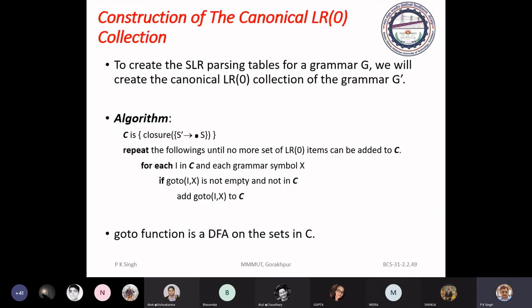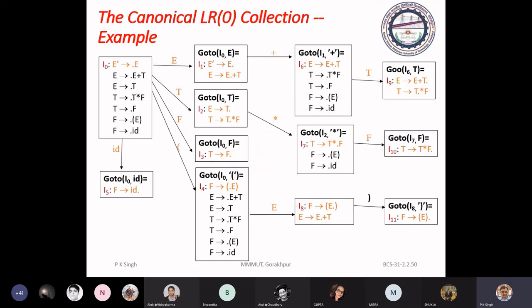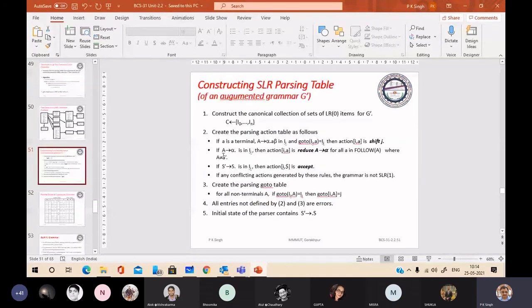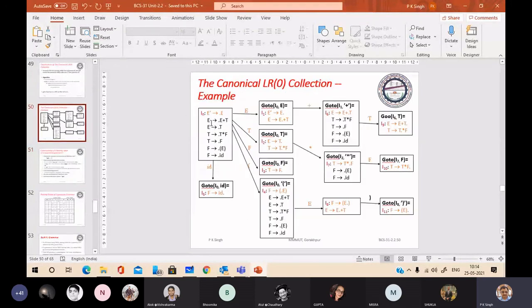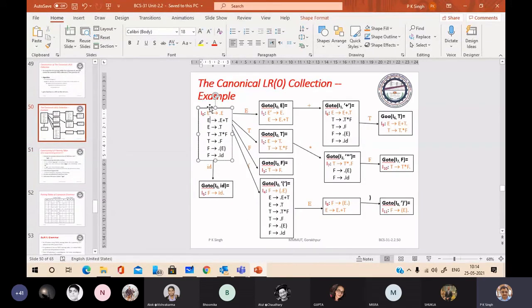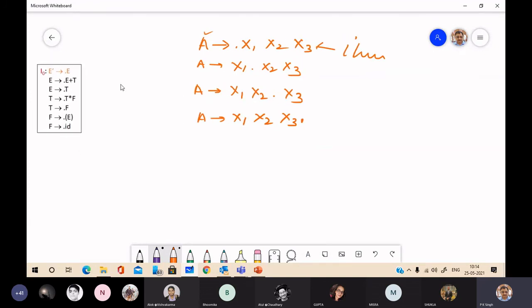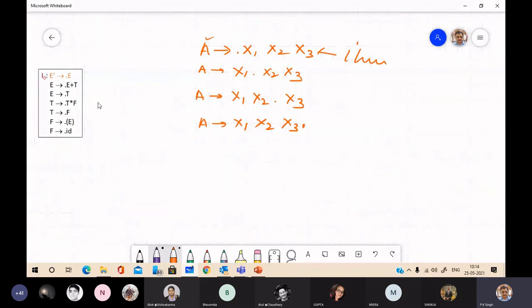So see next, this is the canonical collection of LR0 item sets that we have computed.